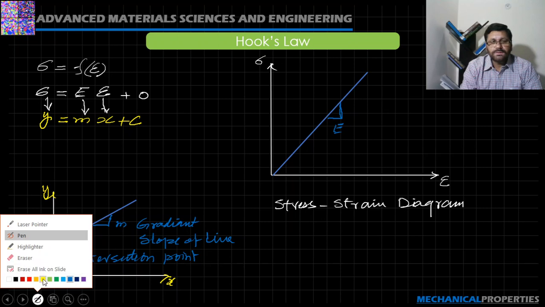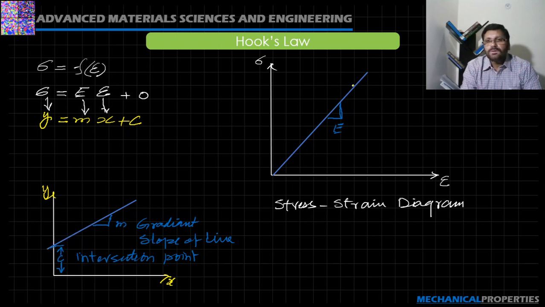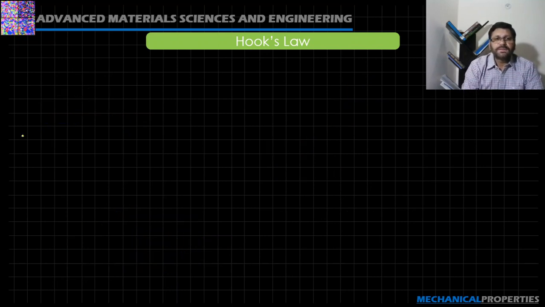There is a limit. Up till that, this relationship holds good. So at that state, this relationship is applicable. The state is known as the limit of proportionality. So we can define as the limit of